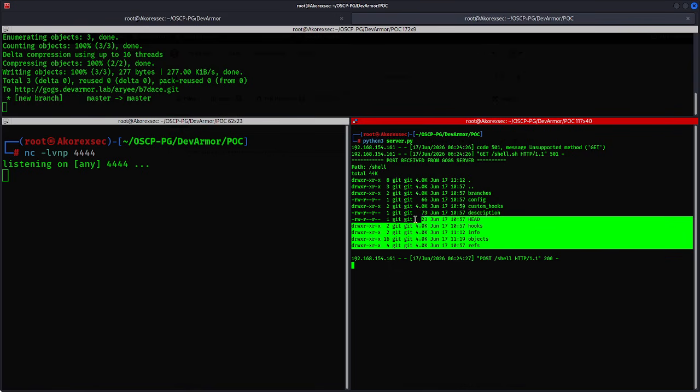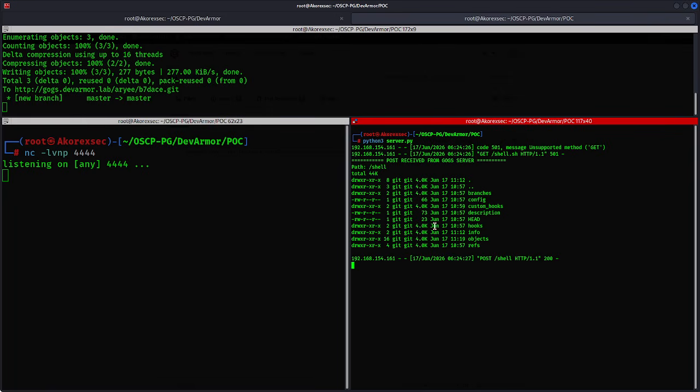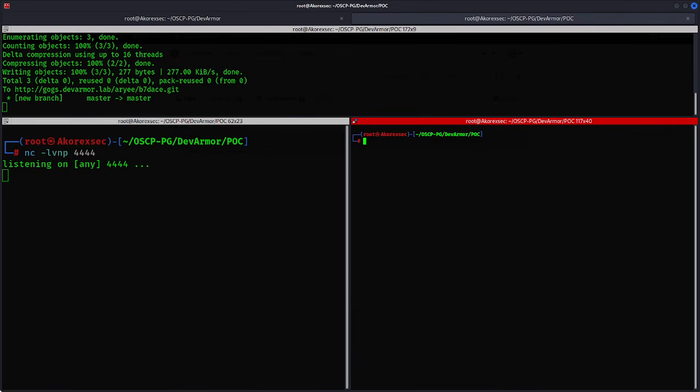Run a command that would generate an SSH key, and then put the SSH key in the directory, and from there we can pull the private key and SSH in as well. So let me clean this up and start a fresh server. So now let's go back to our